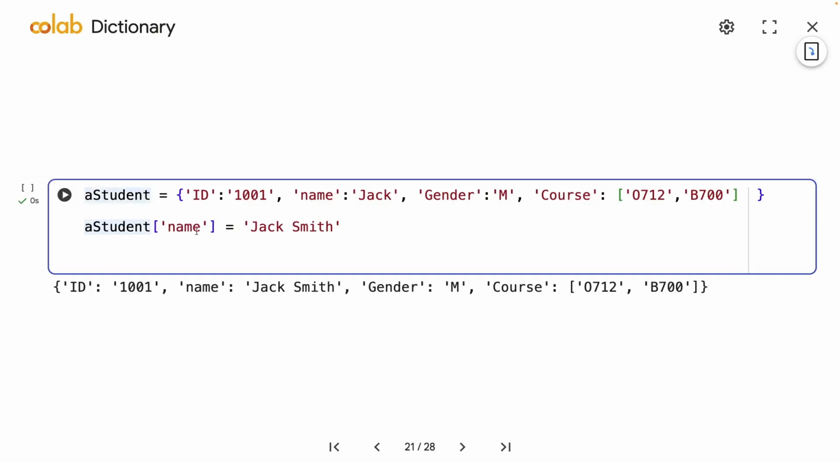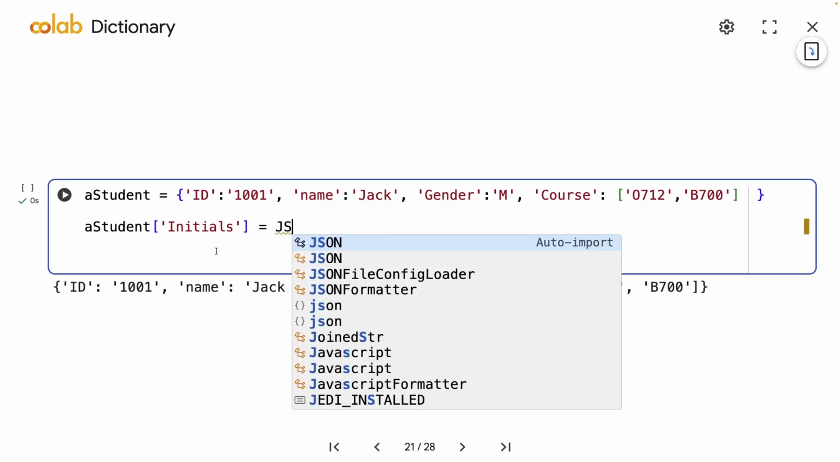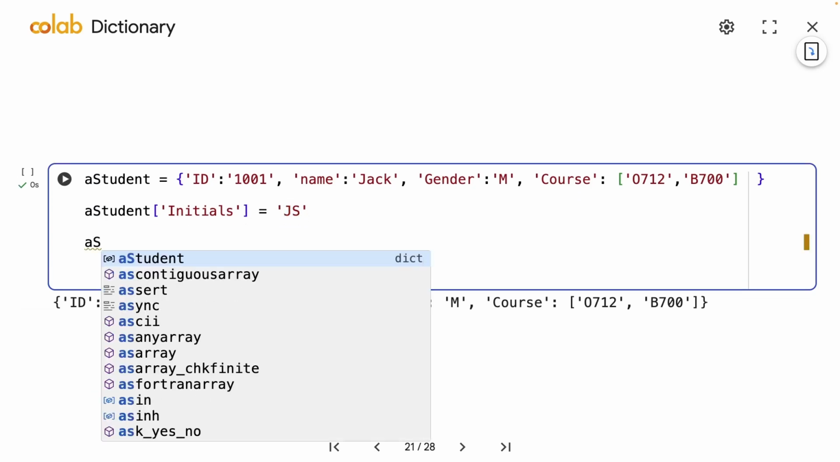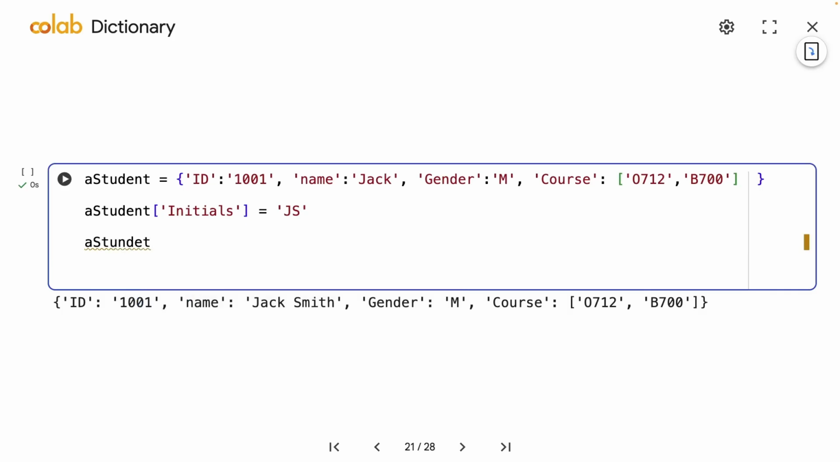So what we can do is, let's say I want to add a new key. Let's say I want to do something called initials, which is not a key in the current dictionary, right? But I can still do an assignment for a non-existing key. So let's say initials equal to JS, Jack Smith. Now, this key didn't exist. By assigning a value to a non-existing key, this non-existing key will be created and added to